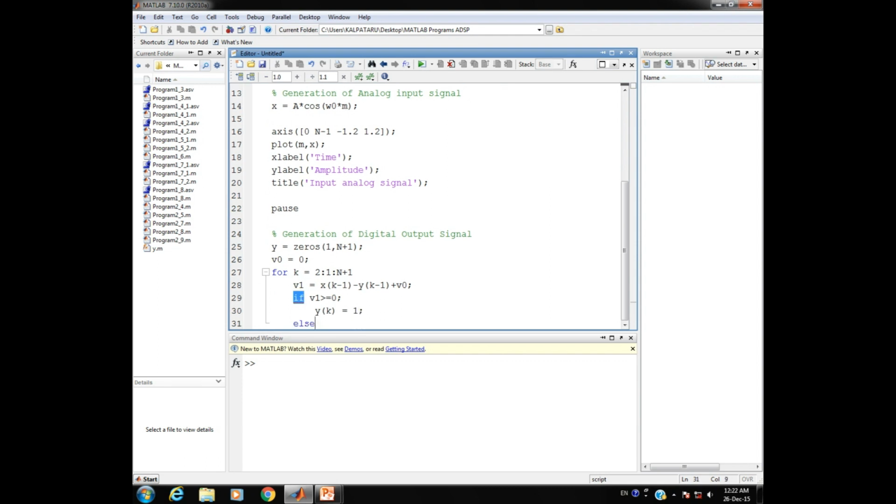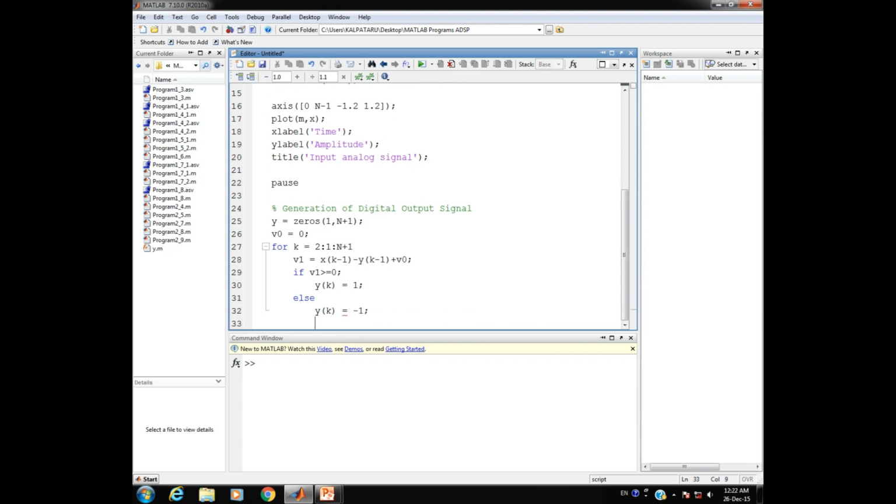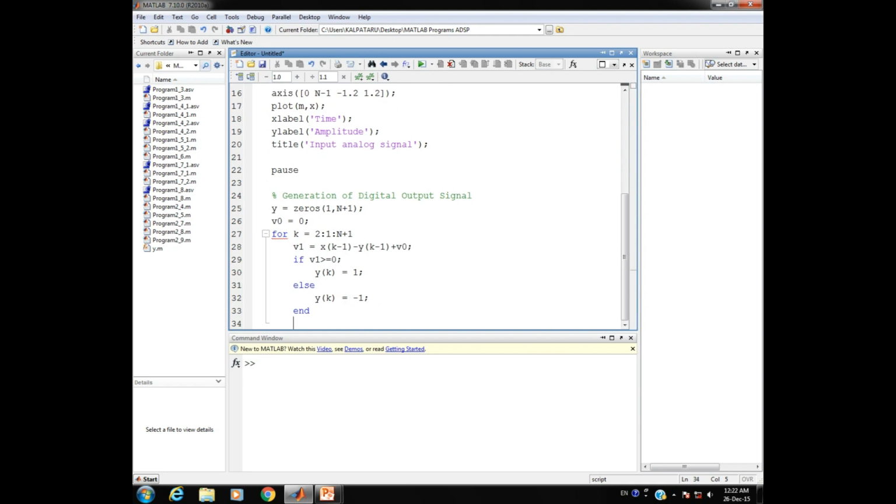If this condition is false, so here I am writing else as a keyword, so that time y of k for the output representation here, it is resulting into the value minus 1. So this is the if condition we have used here, and the if else statement has to be ended here.